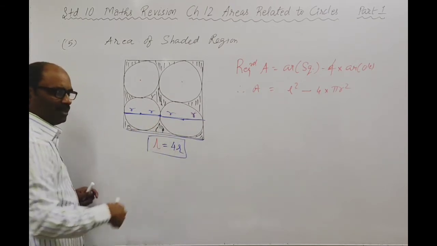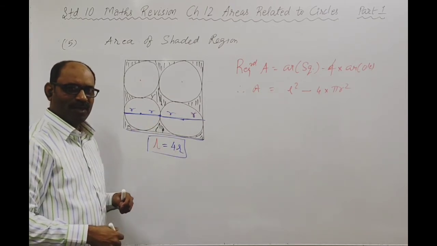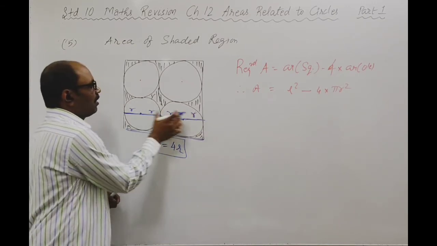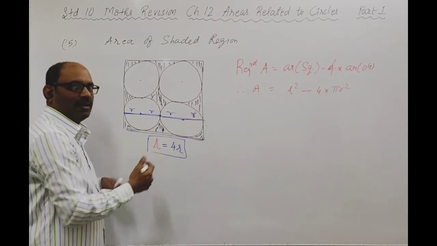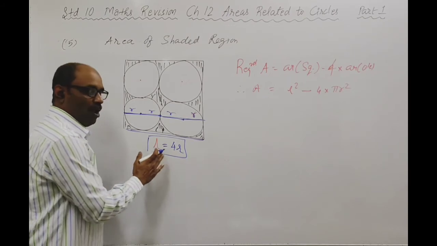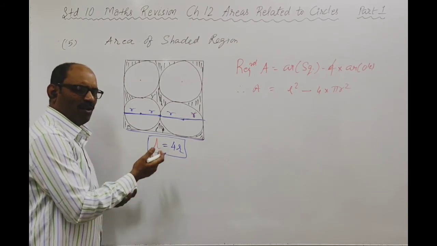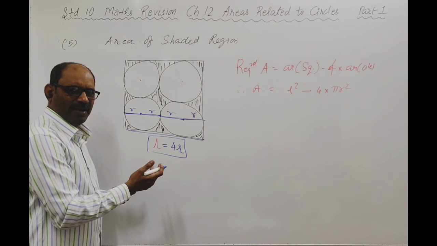Or you can say 2 times diameter. Whichever you want to say, you can say. Radius plus radius plus radius plus radius. There are two circles, so if you total two diameters, that gives you the length. What do you want? 4r or 2d? 4r. Double. Are you getting me?